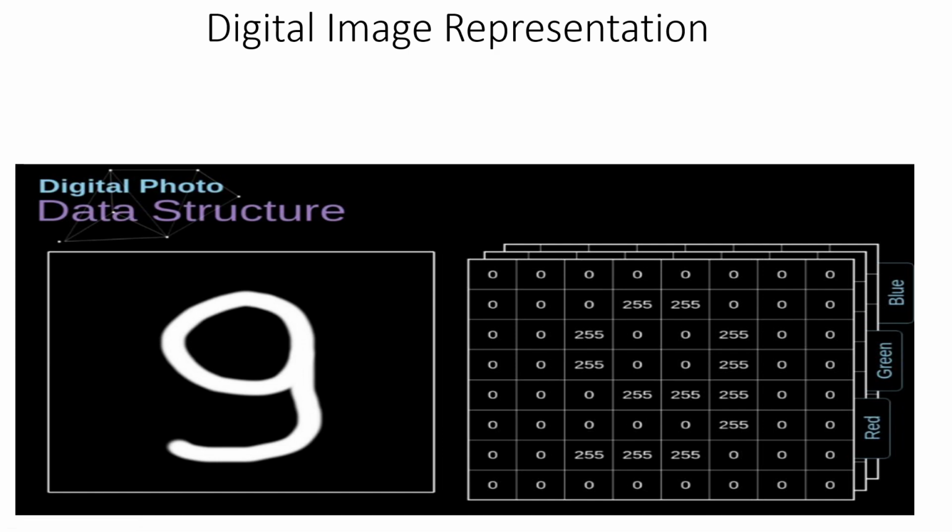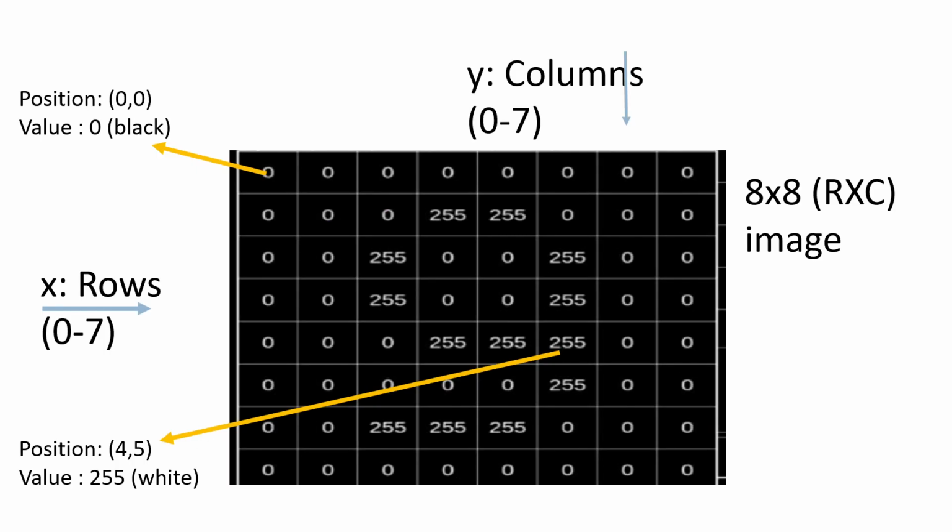This is a matrix or grid of numbers, but here we have three matrices. The first, second and third matrices are referred to as red, green and blue. They refer to the colors, which are also known as channels. We will come to what a channel is in later videos. First we will try to understand how to represent the image as a matrix of numbers and what its significance is. In the previous one, this is written as an 8 cross 8 image, that is, the number of rows into the number of columns.